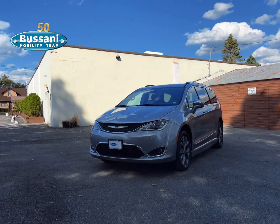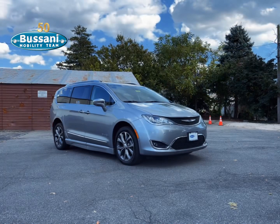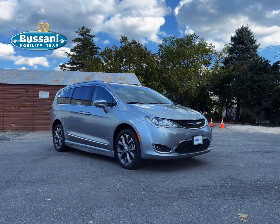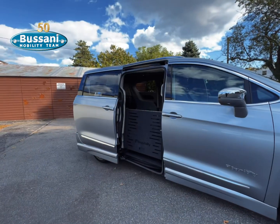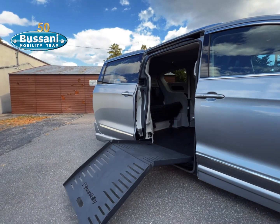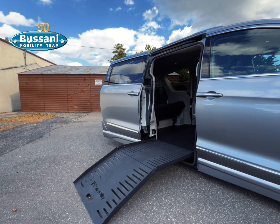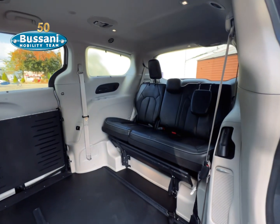This atomic silver metallic Chrysler is now available for viewing and test drives at Bussani Mobility. It features a fold-out automatic ramp by BraunAbility, a shorter floor, and a drop door opening. The vehicle is equipped with a power sliding door and ramp that you can control at the touch of a button with the key, all designed to make it easy and comfortable for individuals in wheelchairs or scooters to access